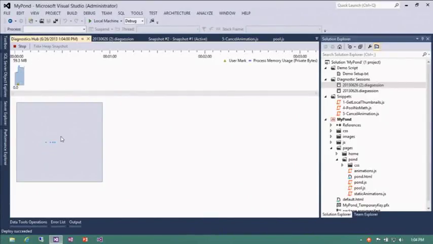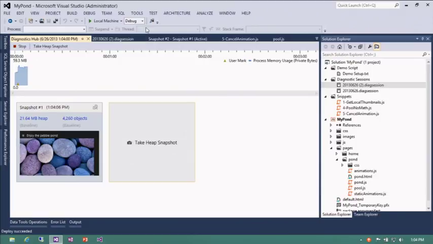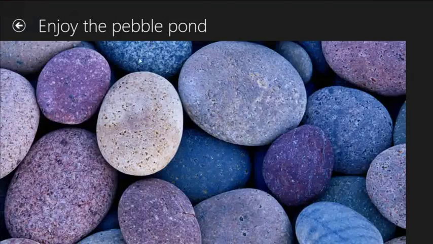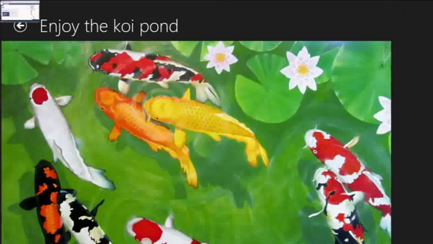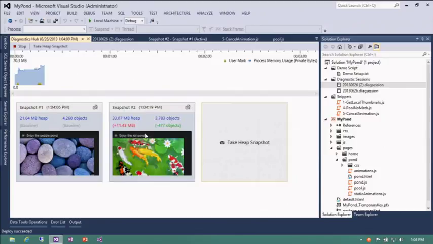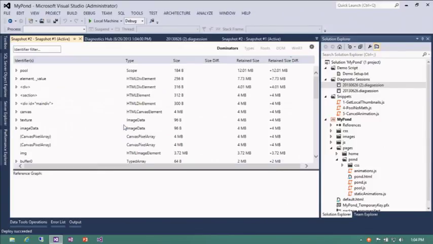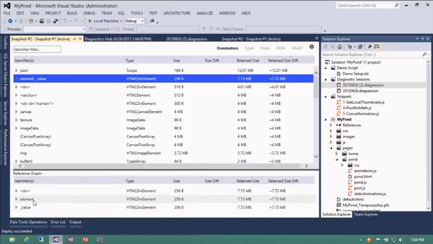I want to take a snapshot. Actually, I should do that before. If I take another snapshot, we can see I'm not leaking quite as badly, although I didn't take it quite at the same time. And as I drill down into these elements,